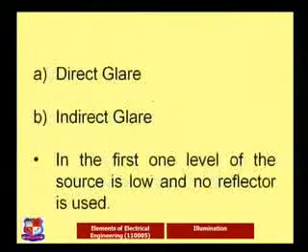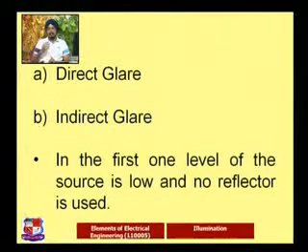Now there are two types of glare. The first is the direct glare, the second is the indirect glare. Direct glare is when the rays directly strike the eyes of the human and cause irritation or uneasiness. But some glares come in an indirect manner via a reflector, which creates not exactly a glare, but shining parts. So whatever process or work we are focusing on, we are going to have a disturbance in it.